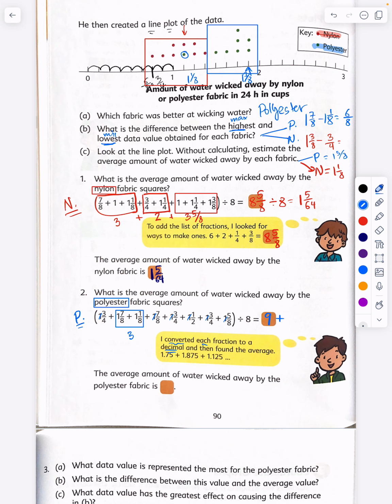Let's add up all the fractions. Now, this is a much harder job. 3/4 plus 7/8 plus 3/4 plus 3/4 plus 1/2 plus 5/8. And I encourage you to pause this video and do the math yourselves. I had it written down because I did my math. I think altogether here, I got,